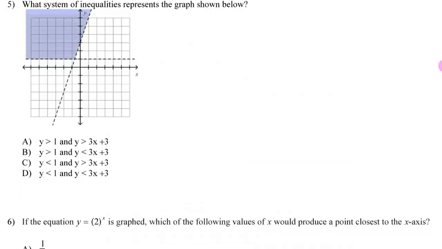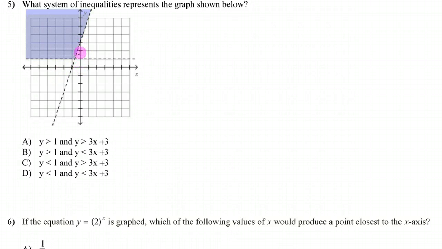Right, for number 5, what we need to do for this one, remember all the points in the shaded area are the solutions. So we got to figure out which one of these represents it. So which one of these has those solutions? So all we do is let's choose a solution. Maybe something in the shaded area like